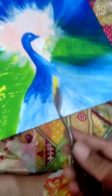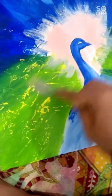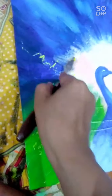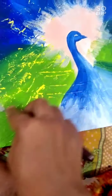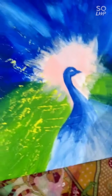Take yellow color in your palette knife like this, and spread it like this. Only touch the surface, the upper part, and make it like this. Don't press it too much, only touch the upper part slightly. Okay? First you apply yellow